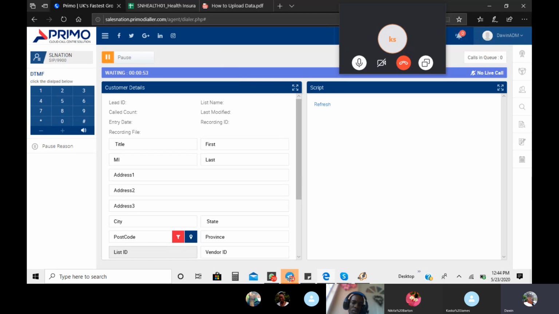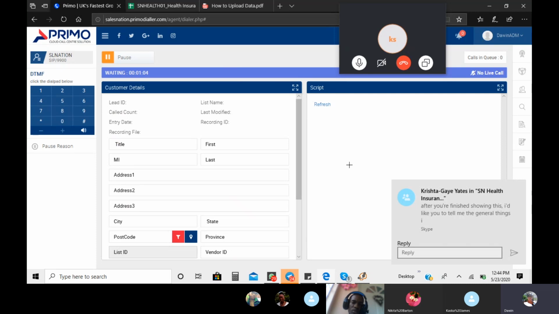All right, so basically that's just a rundown of the dialer. As I mentioned, it's very easy to use, very non-complicated. The hardest part of the dialer is